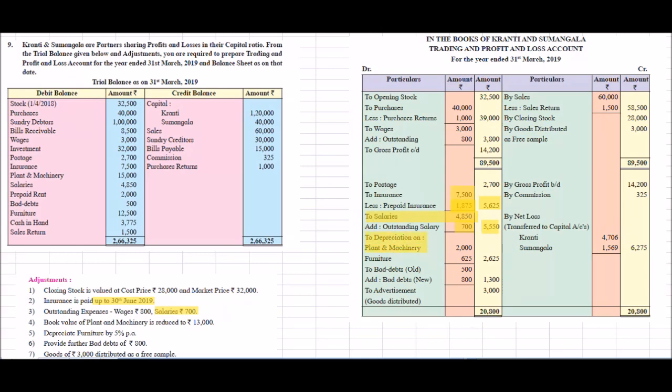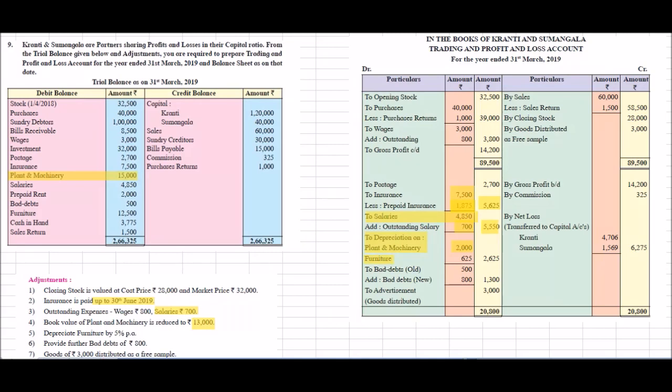plant and machinery. Plant and machinery amount is 15,000 rupees. So in that we are deducting the amount by which it is reducing, 13,000 rupees. So after deducting it, 2,000 is left over. And